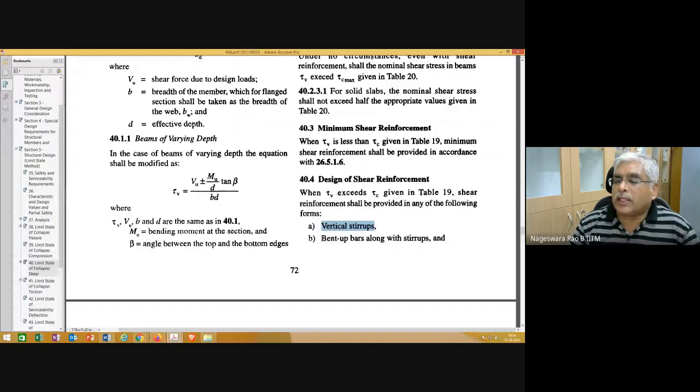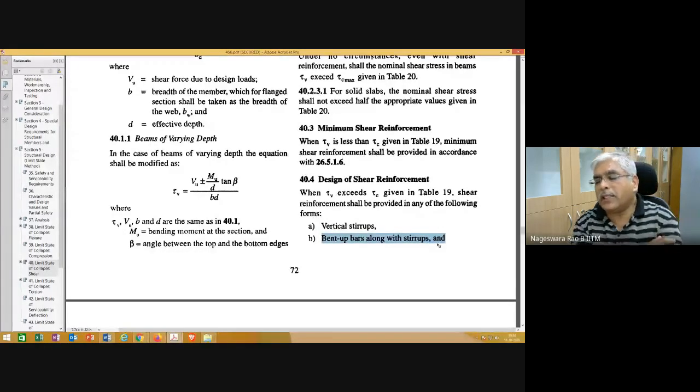What is this vertical stirrup? We'll look at the details, but at this stage you can make a note that the shear reinforcement can be in the form of vertical stirrups or bent up bars with stirrups. Bent up bars, in the sense I just mentioned, whatever tensile reinforcement that you provided